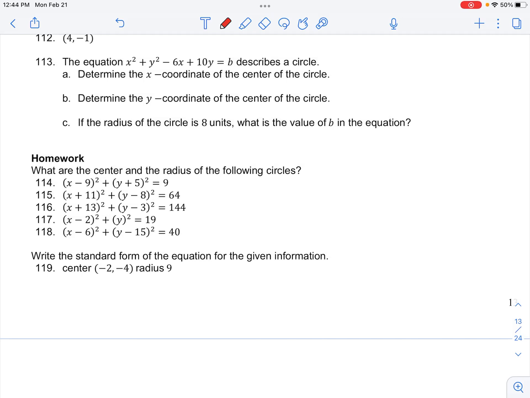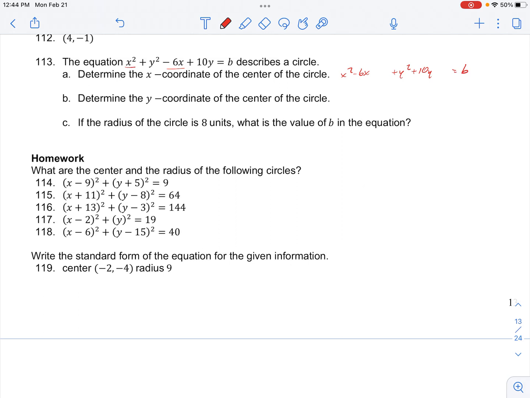Number 113 in your classwork for analytic geometry. It has three parts. So first we want to determine the x-coordinate of the center of the circle. So we're going to go ahead and factor the left side for x's. So we have x squared minus 6x. Then off further we have this y squared plus 10y